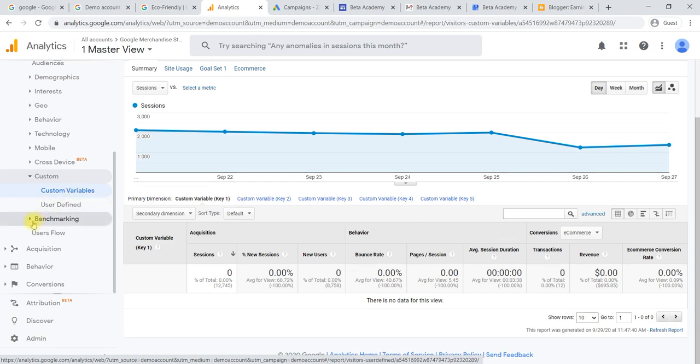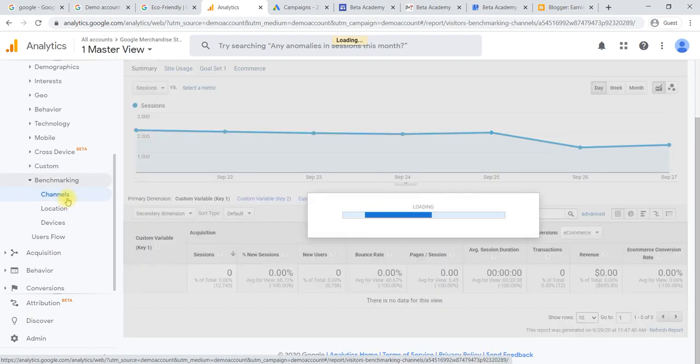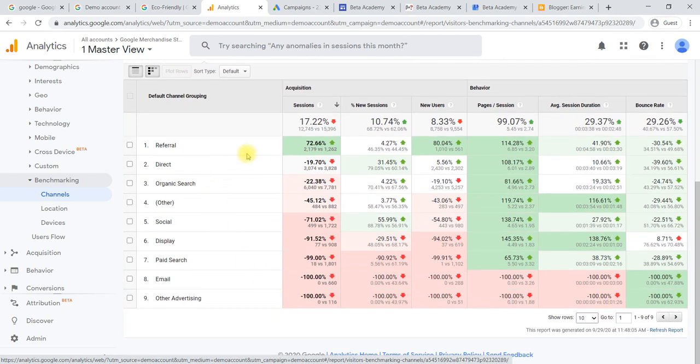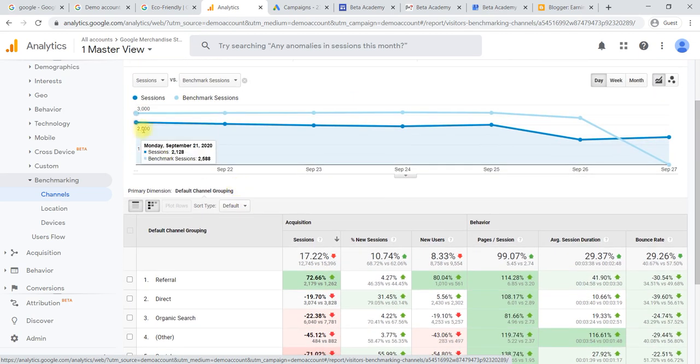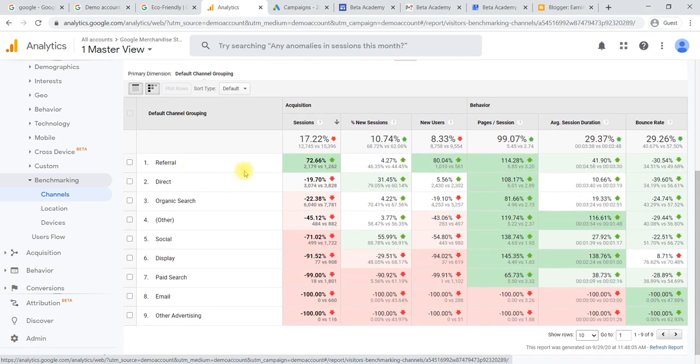And benchmarking, again, we are comparing with the others. We can see here, when we are comparing with the others, how it is performed. How they are performed when you compare email with all the others, how they are performing. Here we select a benchmarking session. One benchmarking session will be selected. For example, in referral, it is compared with the previous date. How this is performing now versus the previous week.